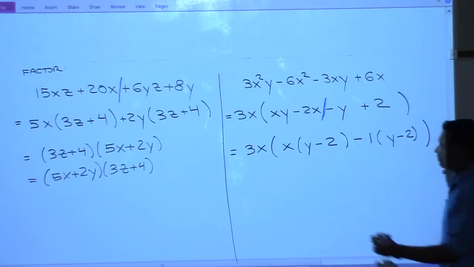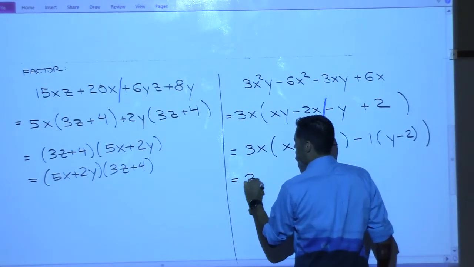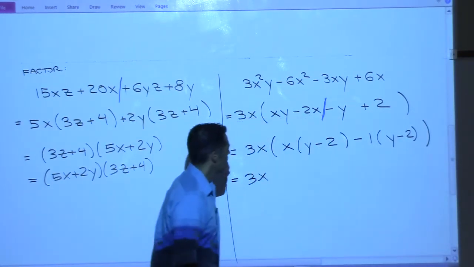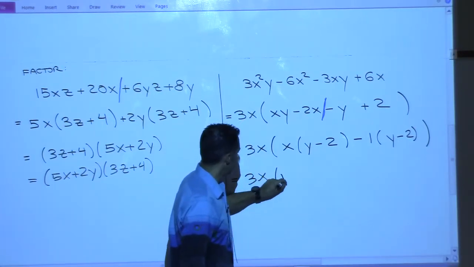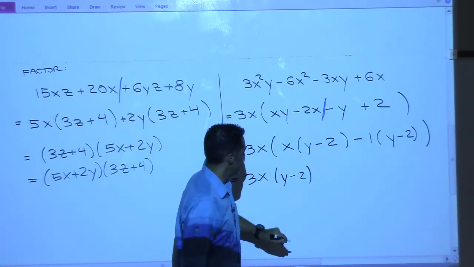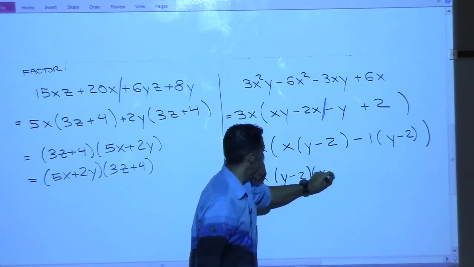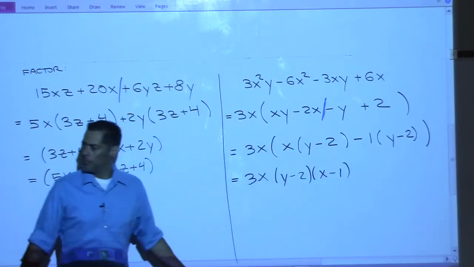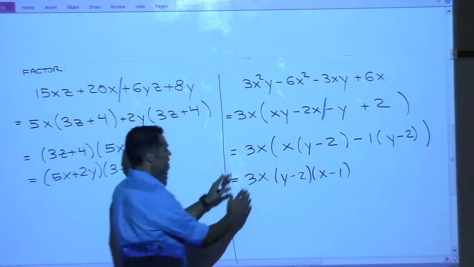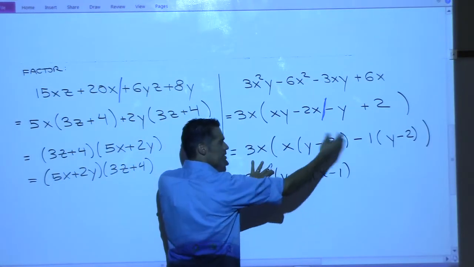Bring the 3x down. Okay, going to bring this 3x down. And then parentheses. Put the y minus 2. Good. In a different set of parentheses, put the x minus 1. Perfect. Okay, so all she did is brought this down and then realized that this we're going to do